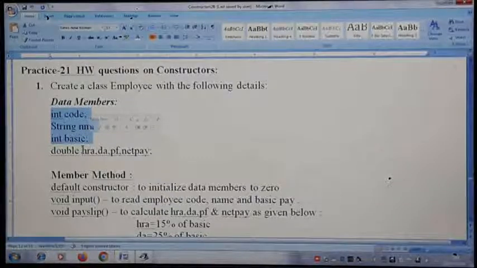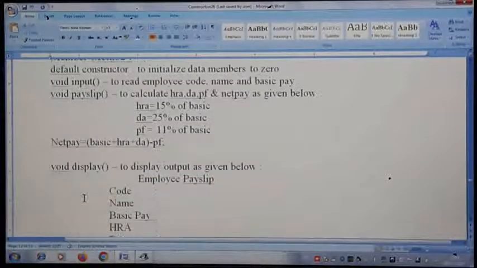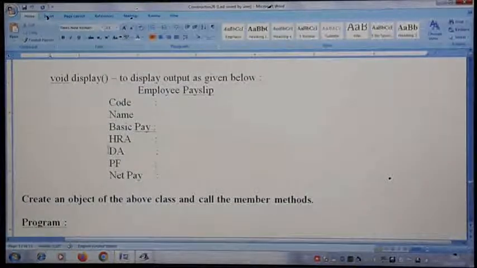All the data members will be taken inside the class itself. Along with the data members we have four methods: a default constructor, input, payslip to calculate HRA, DA, PF with the calculations given, and net pay, for which they have also given how to calculate. Then void display gives the output in the required format only.